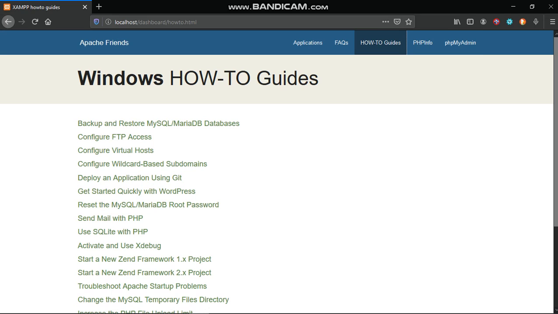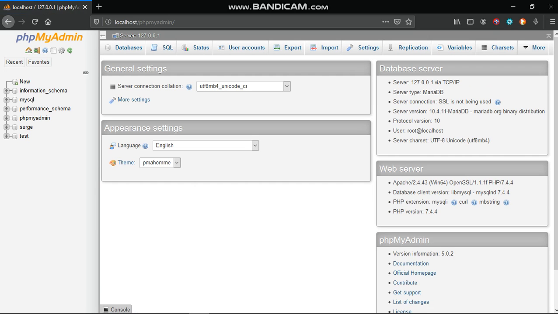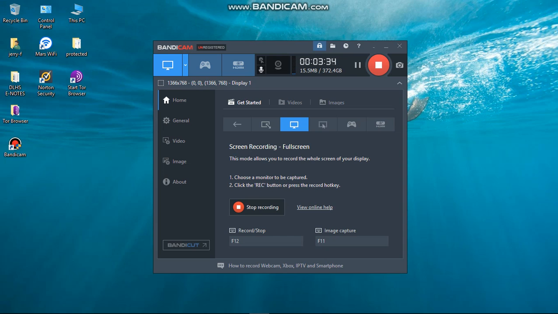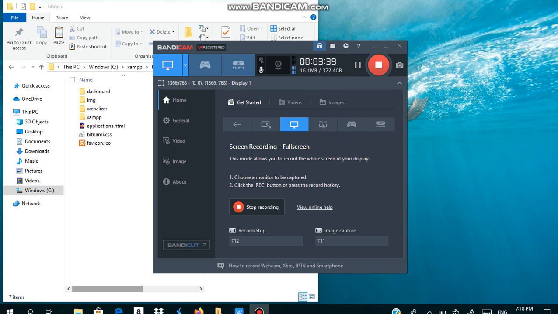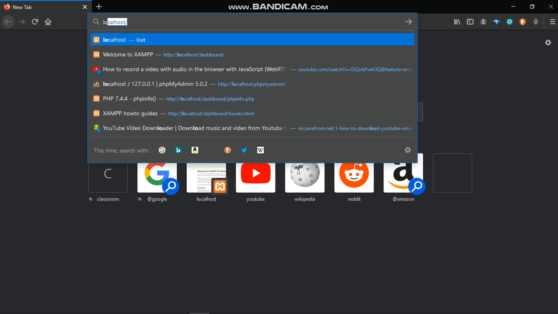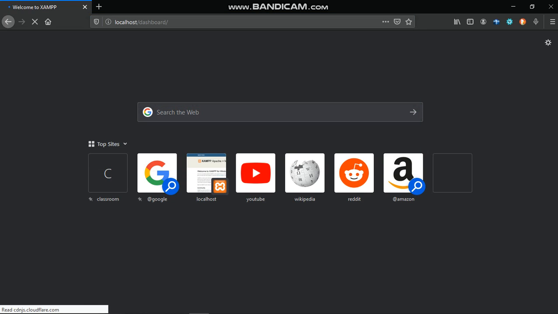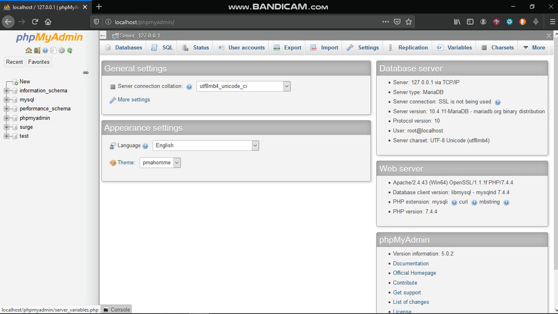Okay, then phpMyAdmin. Normally, the first time you open this, it's meant to ask you for your password, but currently I've already logged into my phpMyAdmin, so it's not going to ask me for a password. Sorry for that interruption. Okay, back to what I'm saying. Oh, my browser closed. Sorry. I recently created it. Localhost dashboard. Okay, the first time you get into this, it's going to ask for your username and password. Username is root and the password is blank. I actually don't know how to change that currently, but I'm going to check that from the dashboard.